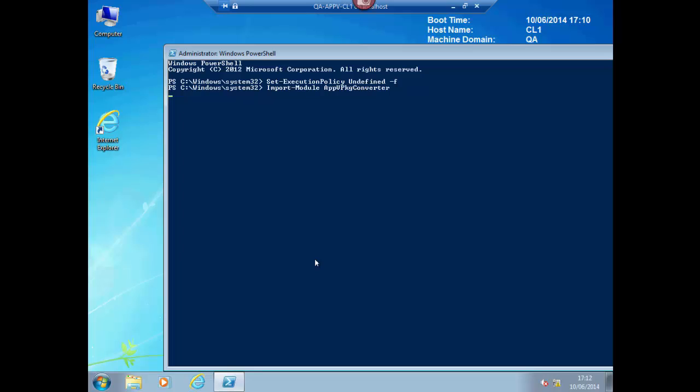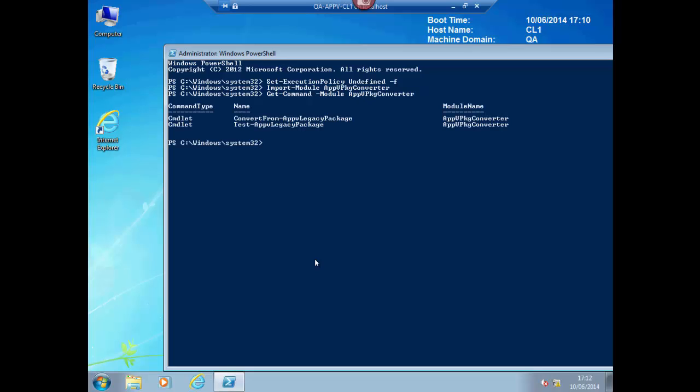Okay, with that module now imported, there are two commands that I can basically run from the AppV package converter. So if I do a get-command, and the command I want to get is in the module AppV package converter. You can see the two commandlets that are there. One's Test-AppvLegacyPackage and the other's Convert. So if I do a test